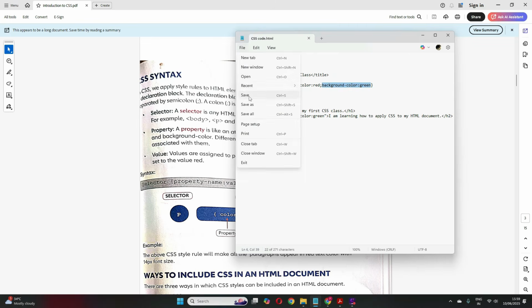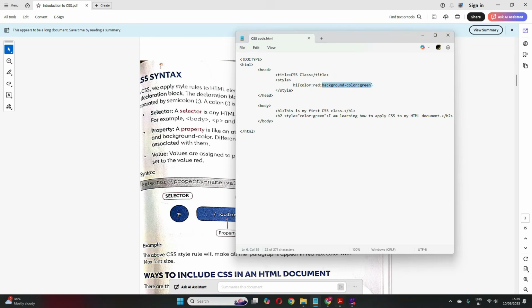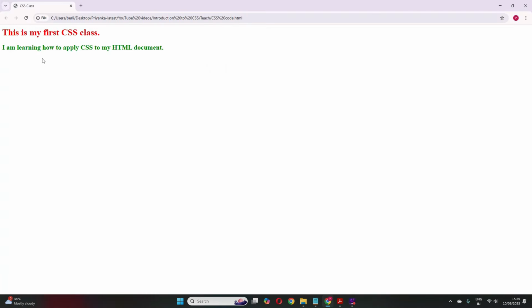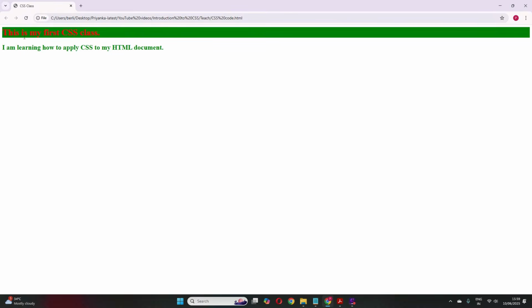Clear? I have saved this. Now let me just try to run this. Okay, the text color became red and the background of this H1 is green in color. Don't see this H2 for now.